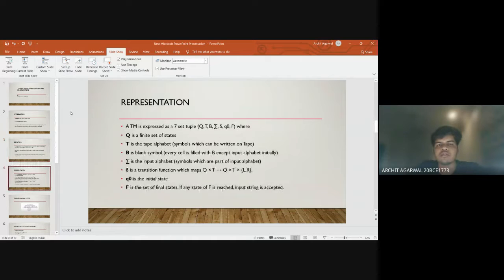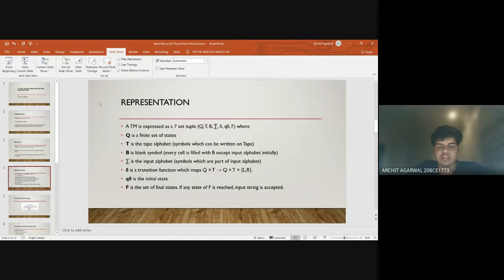Now, how is a Turing machine represented? It is basically represented by a 7-tuple as shown, where Q is the finite set of states, T is the tape alphabet, that is, the symbols that can be written on the tape. B is the blank symbol. Initially, every cell is filled with the blank symbol except the input alphabet. Sigma is the set of all input alphabets,